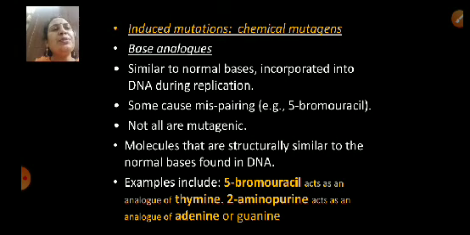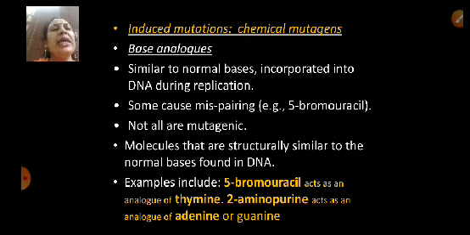The three different types of chemical mutagens that we are going to discuss are: number one, base analogs; number two, agents that modify purine and pyrimidine bases; and number three, agents producing distortion in DNA. Now, what are physical mutagens? Radiations like UV rays, X-rays, gamma rays, and cosmic rays are physical mutagens. So, let us now start with chemical mutagens.